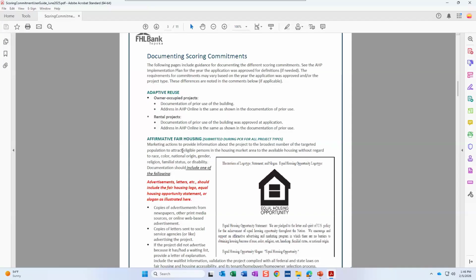I will note that the guide that is currently on the website is missing just a few scoring commitments from the 2025 round. They were brand new for this year. We're currently working on getting those added and are planning to have that document posted probably next week. So the vast majority of the commitments are in this guide, but if you notice things like climate resiliency or district distribution or rural households is missing, I believe those are the main three. Those will come up in the new guide that will be posted here next week. So apologies for the delay, working on getting that up as soon as possible so that you have those documentation options available to you.